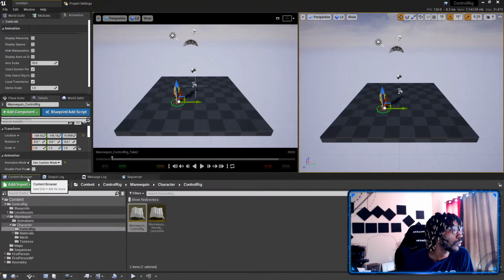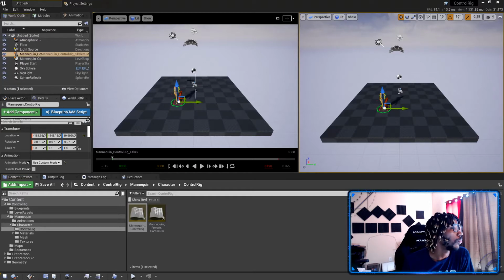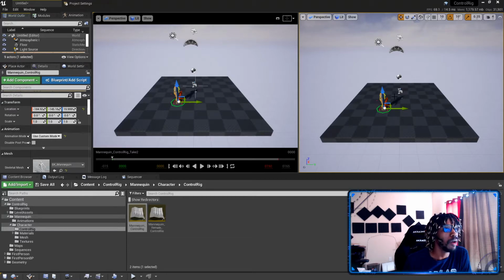So what I found out, and what is a beautiful thing about Unreal Engine's control rig, is that you can automatically see how your animation is going to look in first person view, like right off the bat. You don't have to do it in Maya, Live Link through Maya, and make edits and do all that extra stuff that all of the tutorials I've been watching about first person animation show you how to do in Maya. But here in Unreal, you kind of got the same thing,